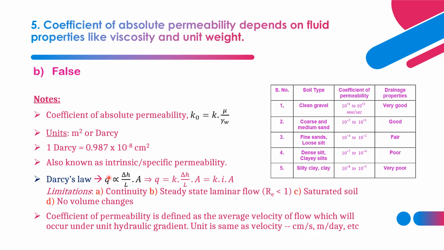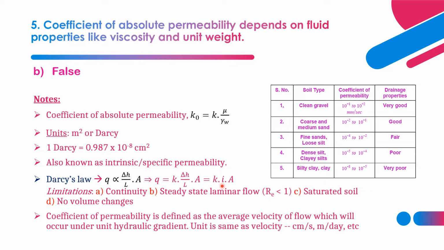Darcy's law states that the discharge in the soil is directly proportional to the hydraulic gradient and the cross-sectional area of the soil. So what is hydraulic gradient? The head loss divided by the length of the soil sample, del H by L, into A. Upon cancelling out the proportionality constant, we get the coefficient of permeability as K. Q is equal to K into del H by L into A, and this del H by L can be denoted as I,